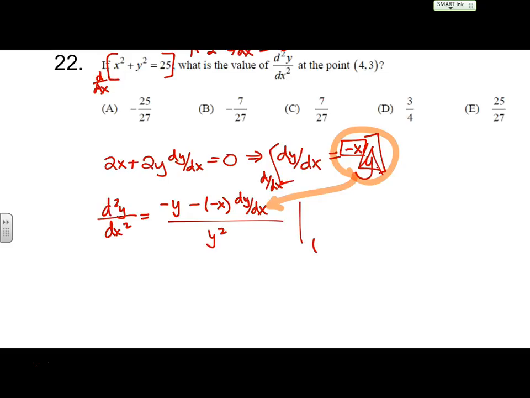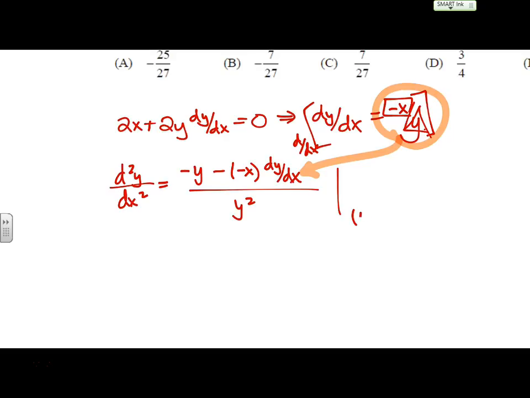Just go with what? Just go with the point, which is (4, 3). Okay. So 3 is y, minus a negative. x is 4. dy/dx, isn't that negative x over y? Just get it to be numbers. For some of you, numbers are easier. Oh, we have to get a common denominator, negative 3 over 1, multiply by 3 over 3, and then deal with the 9 by treating it like a 9 over 1. Multiply by the reciprocal. 4.